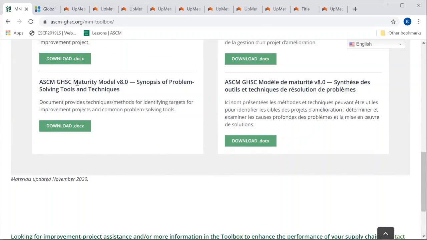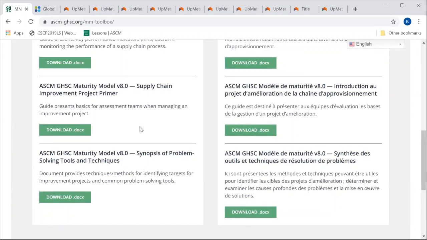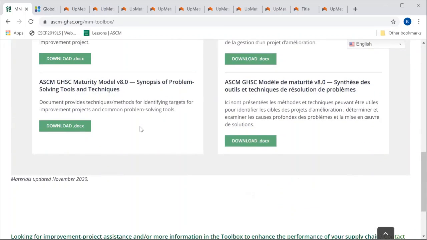If you open this, you have different techniques that you can use to understand why your performance is suboptimal in that area, and what you can use to do a deep dive or a deep analysis to get to the root cause of why the supply chain has been performing poorly. And this, like I said, is not prescriptive, it's just a guide. With the consensus of all the teams conducting the assessment, you'll be able to have a root cause analysis and from there provide some improvement plans.